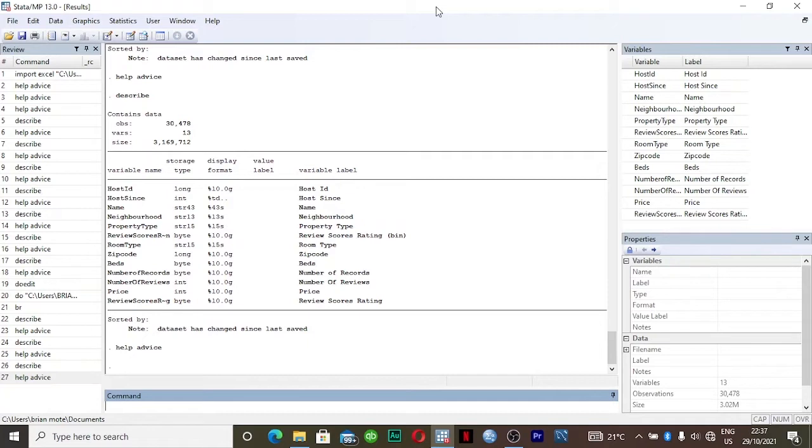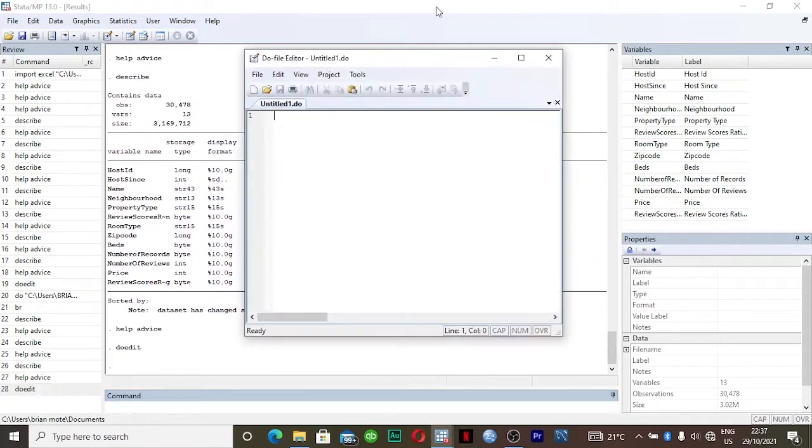So guys, we have here our data and we're going to do our data cleaning in the do-edit file. To open do-edit, you write the command doedit, enter, and this is our do-edit file. We are doing data cleaning in the do-edit file because data cleaning can be messy.